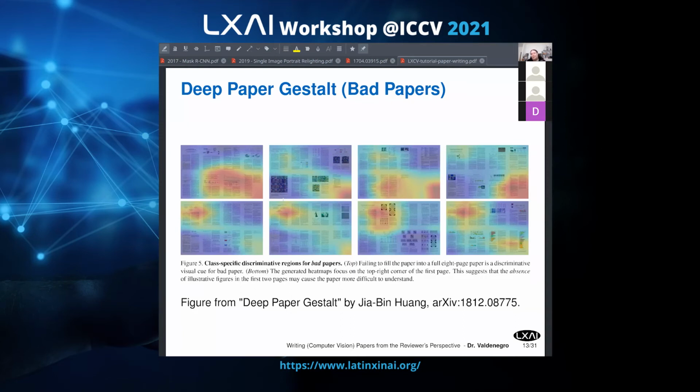What he does is gather a dataset of papers that were accepted to top conferences like CVPR, ICCV, and so on, and papers that were rejected, and train a classifier to discriminate between them directly from the image of the paper. Then you can get these class-specific discriminating regions. I think he uses GradCAM, but I'm not sure. So these are for the bad papers, and then you can get some insights about what reviewers think a good paper is. So for example, if you look at